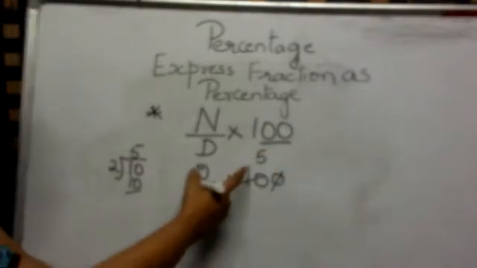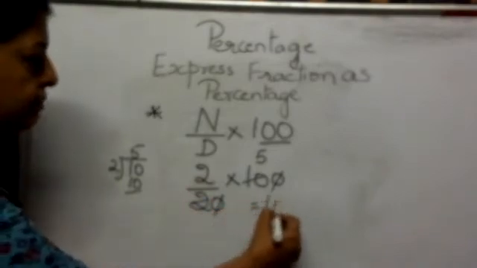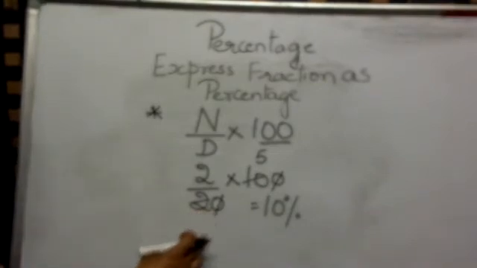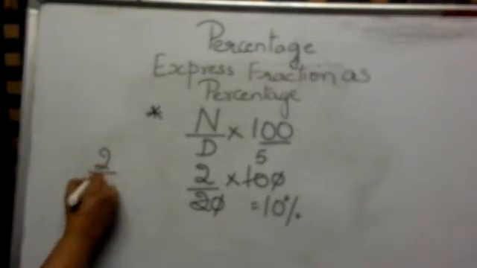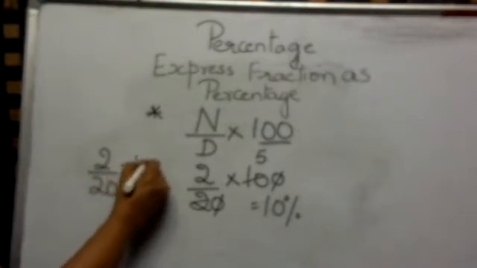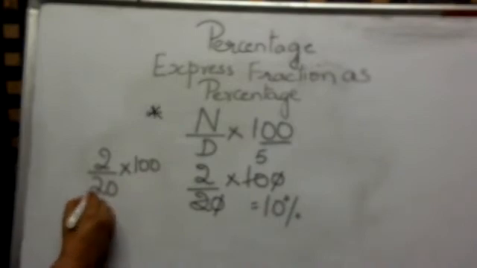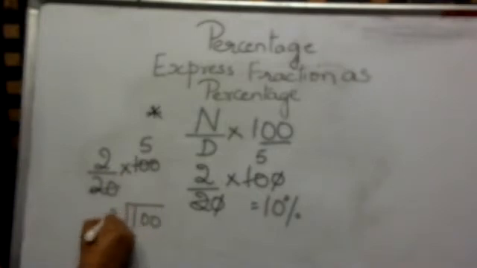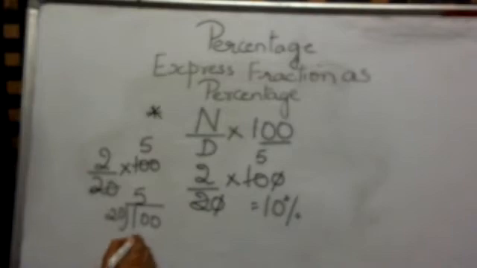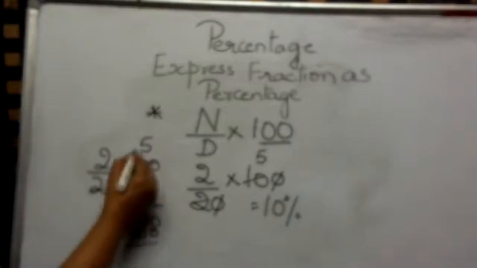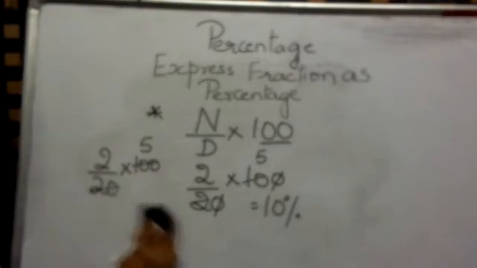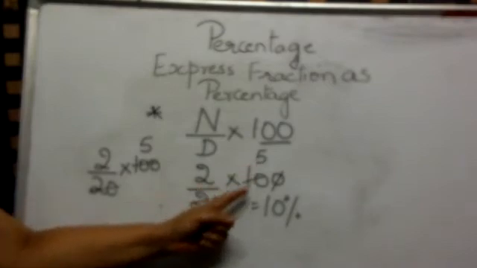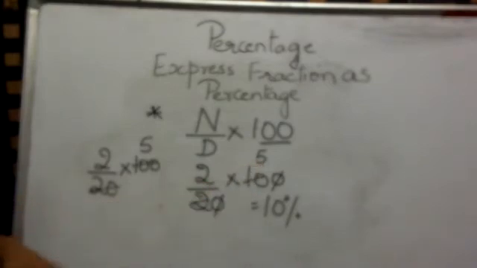5 multiplied by 2 is equal to 10%. Or if you don't want to cut the zeros and take the long method, 2 by 20 into 100. So 100 divided by 20 is 5. That is, 5 twenties are 100. So the simple method gives 5, then again 5 into 2 is 10. Whichever method you use, you have to get the quotient 5. So 5 into 2 is 10.